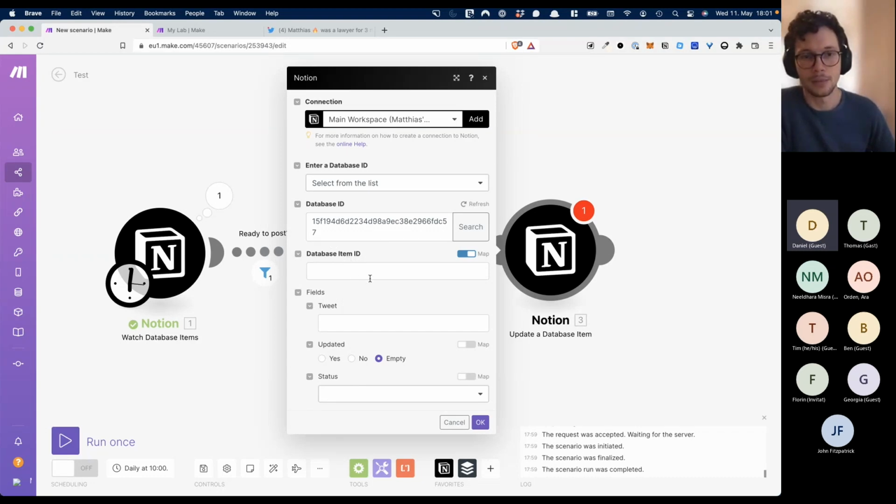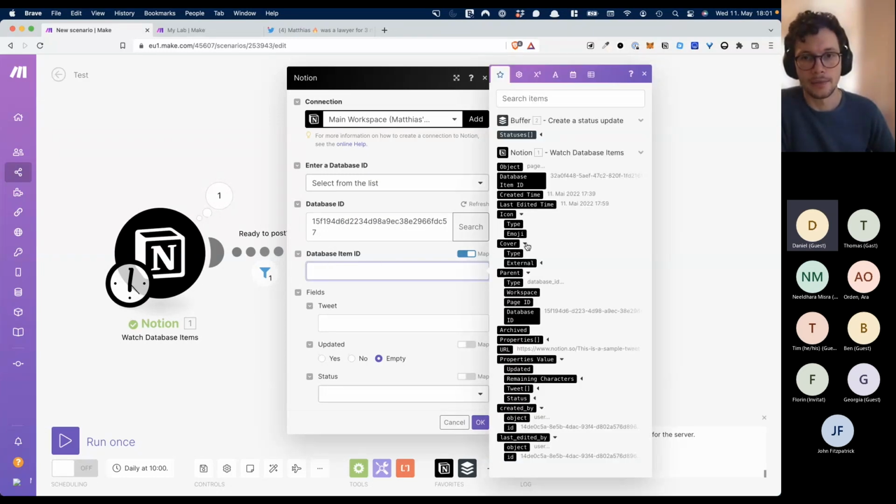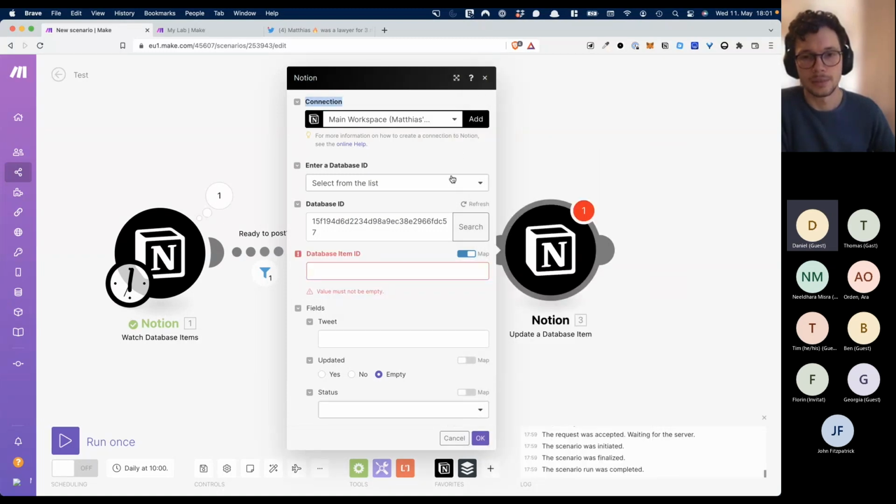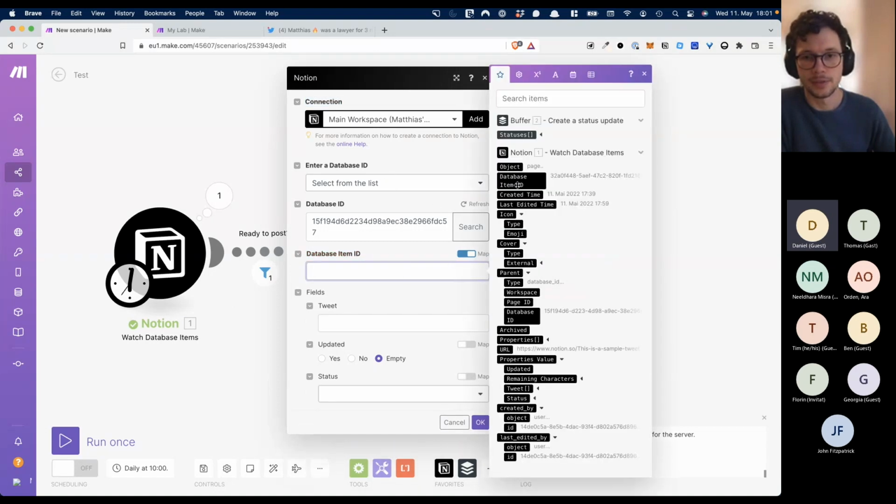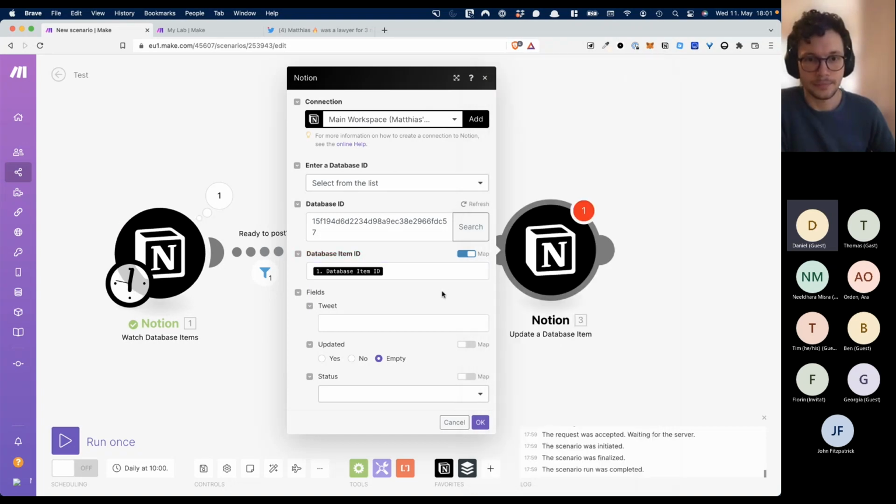And we want to update the one that got posted, right? So the one that got found here should be updated. So we go in here, and now you can see, because it's the third in the line, we actually have two apps to pick from. If I were able to move this, you would see that if I hover over this, the buffer one would pulsate, and now the first one is blinking. So I want to pick the database item ID from the first round, and now tell it,